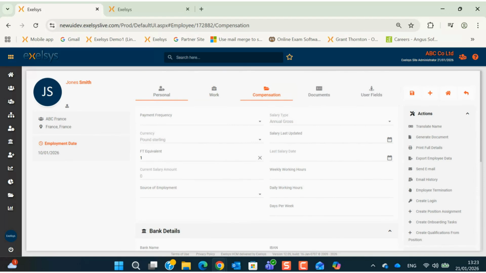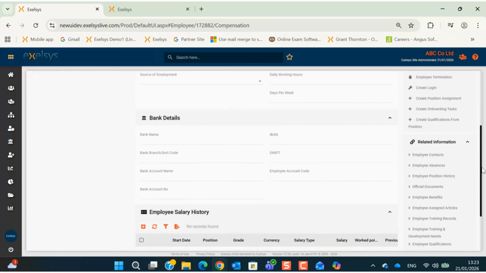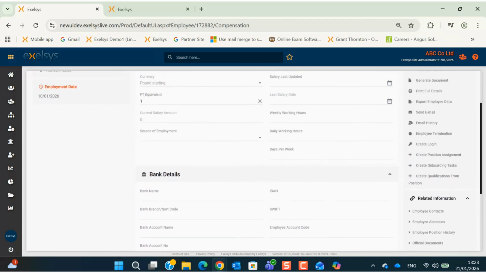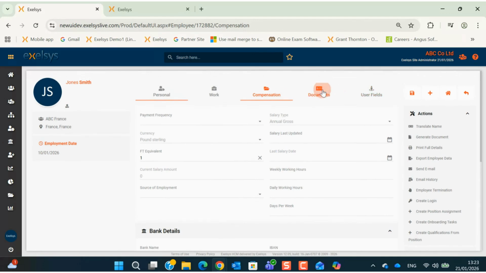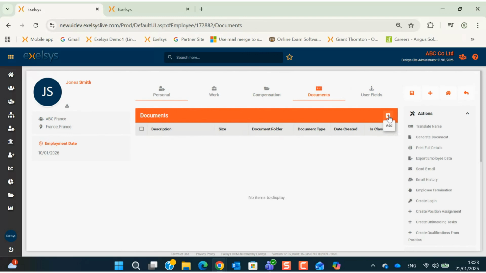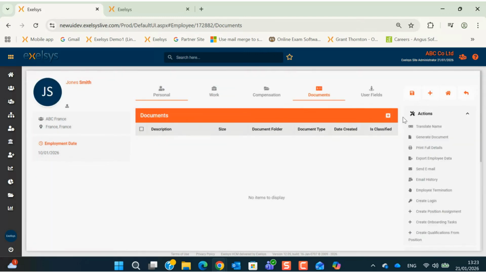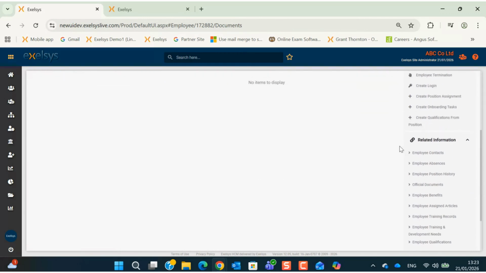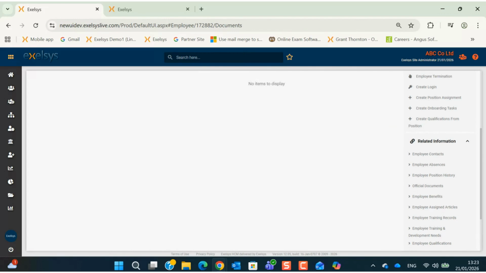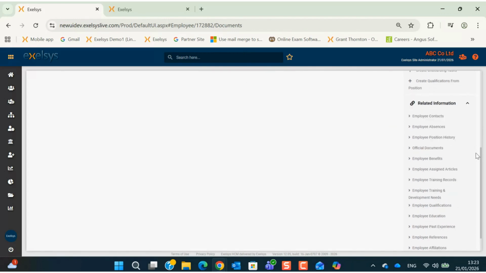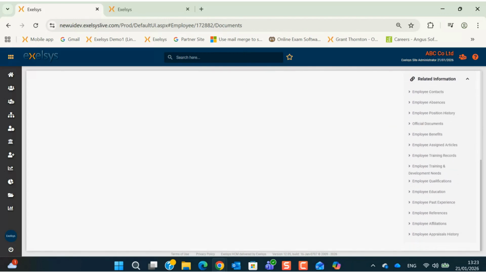Salary and bank details can be added to the Compensation tab. And if any supporting files, such as a CV or other certificates, need to be attached to the employee record, these can be uploaded through the Documents tab. Under Related Information, more information can be entered, such as employee benefits, assigned articles, employee qualifications, education, past experience, and